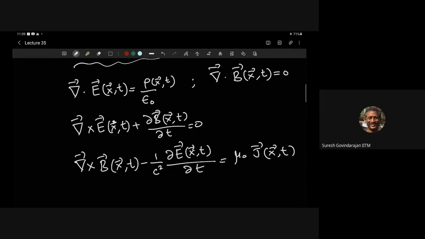But of course, I claimed you could do things in high school, but I'm going to assume a little bit more than that. But actually, you will see later that for all the arguments that I would use, other than some properties which are easier to see in this form, we will use things which we knew in high school, like Biot-Savart's law, Ampere's law, Coulomb's law. We knew them as a bunch of laws, okay, but which get unified by this beautiful set of equations. Okay, so is there anybody in this class who has never seen these equations in this form?